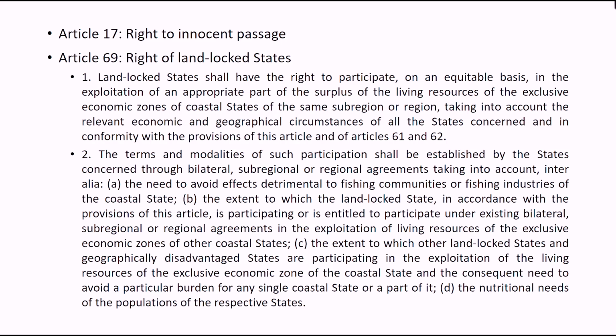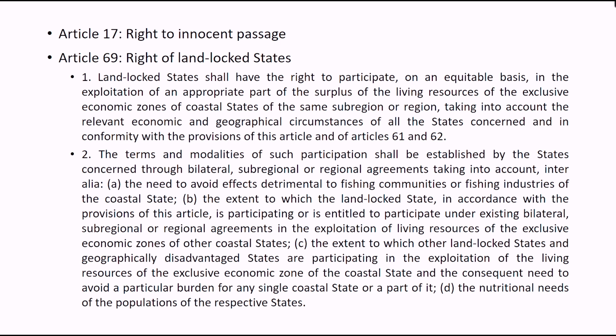have the right to participate on an equitable basis in the exploitation of an appropriate part of the surplus of the living resources of the EEZ of coastal states of the same subregion or region, taking into account the relevant economic and geographical circumstances of all the states concerned and in conformity with the provisions of this article. The terms and modalities of such participation shall be established by the states concerned through bilateral, sub-regional or regional agreements taking into account, inter alia,